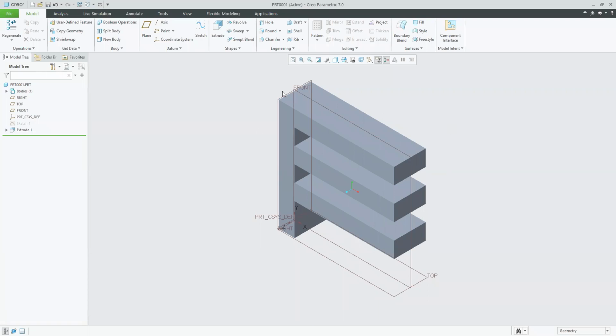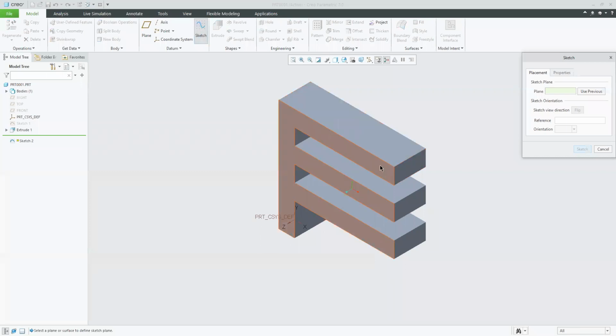After creating one feature, whatever faces we have over here, all are my sketch planes. So there is no need of working on these planes now. You can hide them. If at all you require them, you can sketch on them, but still you can click on any face, and that face will be made your sketch plane.